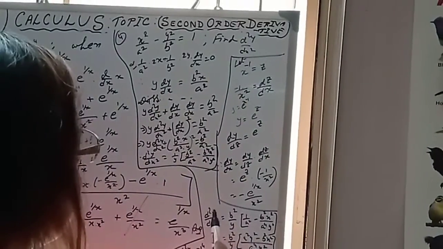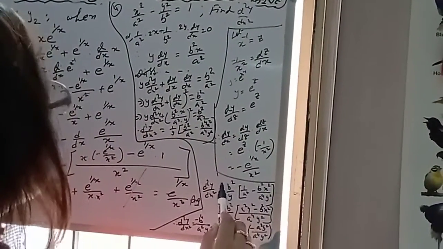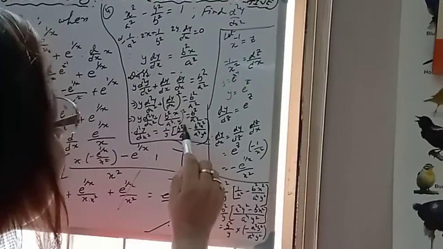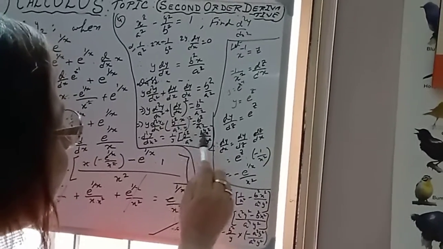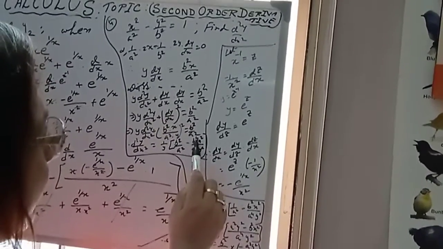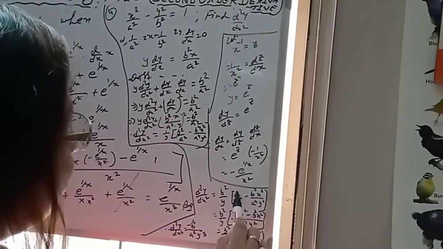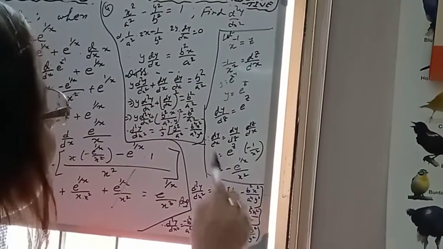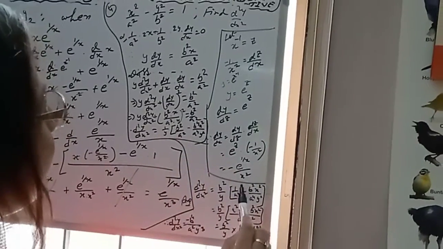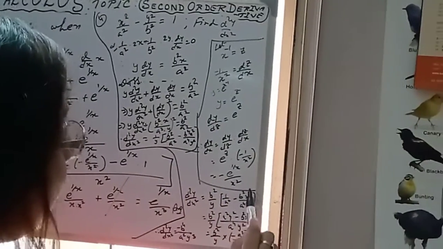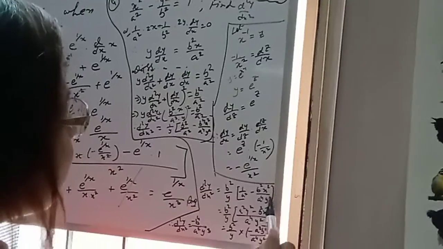Okay. Now d2y/dx2 is equal to b square by y. Take common b square from the numerator; both the numerator b square here and here it is b to the power 4. Take common b square. Then what we will get? The first part will give 1 by a square, and minus, this b square already taken out, so we will get b square x square by a to the power 4 y square.